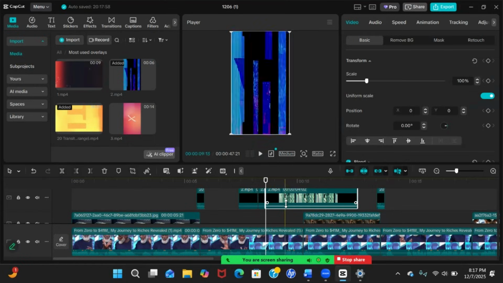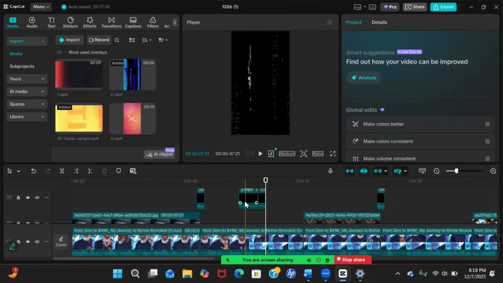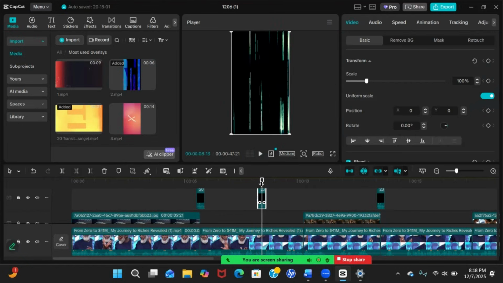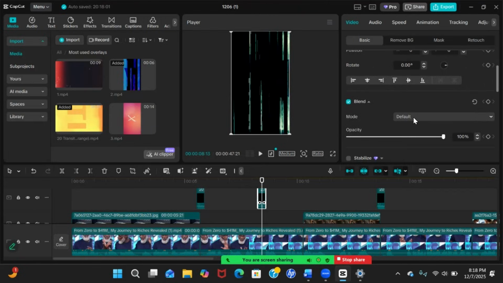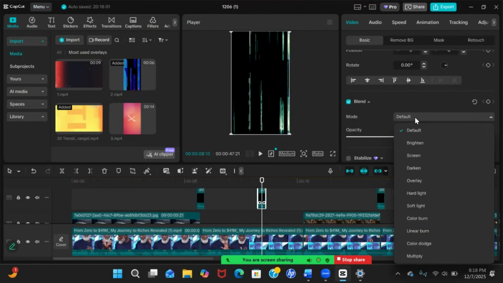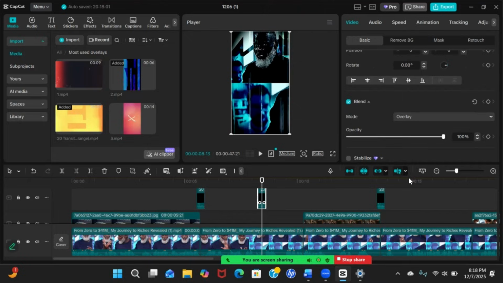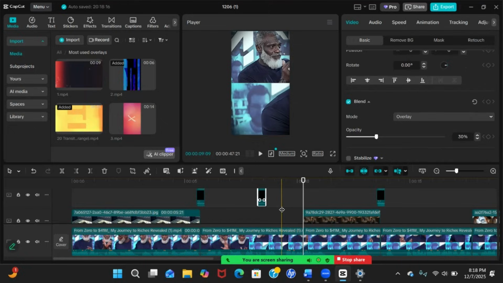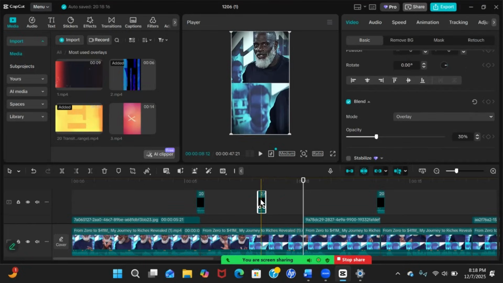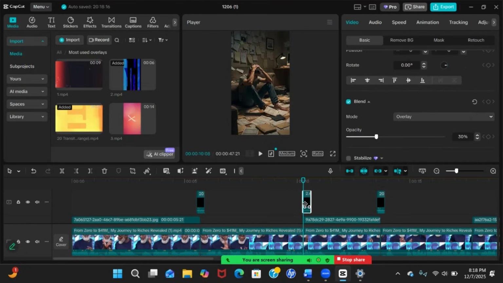I'll cut it again, and I'll delete the part that I don't want, and I'll select the overlay, go down, look for blend mode, change from default to overlay, reduce the opacity to 30, and then move my timeline here to the parts where I want to position it and move it